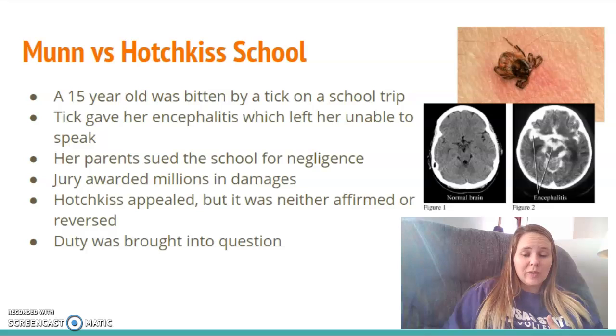I do feel like there should have been bug spray provided, and then just telling students to wear long sleeves due to the fact that we're in a foreign country, we don't know what kind of things are out there. Describe professional ethics that would be beneficial as just trying to keep everybody safe. I don't think necessarily ethics were in question, but maybe poor judgment on the teacher's part of not offering those safety precautions.